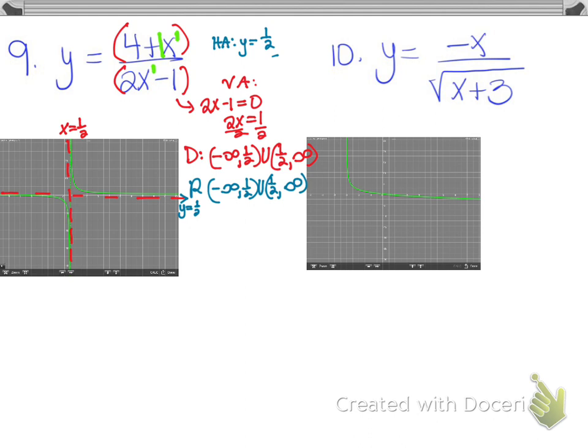Now the final one, y equals negative x over the square root of x plus 3. This is what the graph looks like. So this is what the graph of the function looks like. And I can clearly see the graph sort of begins right here, and there appears to be a vertical asymptote. So where the vertical asymptote would be is where that denominator, right, when it is